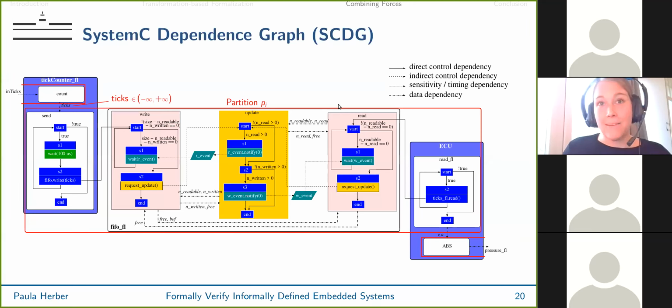So the ticks are basically just passed through. And so we can compute one equivalence class for the ticks variable here from -infinity to +infinity. And when we assign arbitrary values to the variables that are written outside of the partition, we can just replace this by one constant value for the one equivalence class that is there as an abstract type. And this, of course, significantly simplifies the verification because we now have only one constant ticks value representing an arbitrary